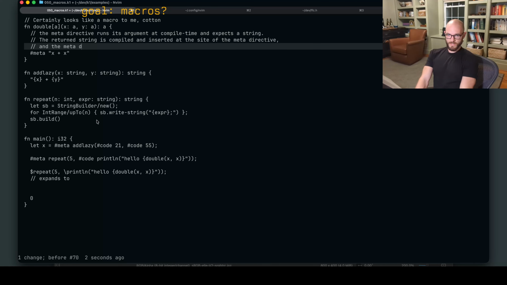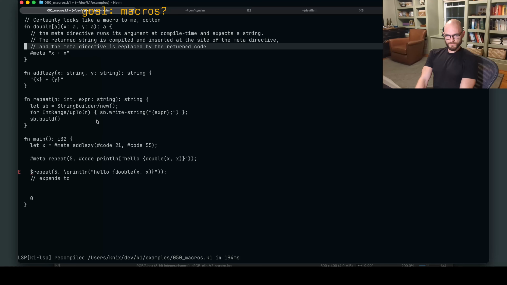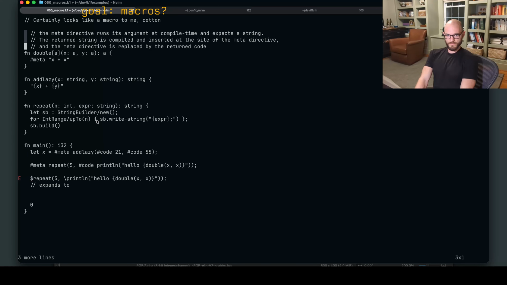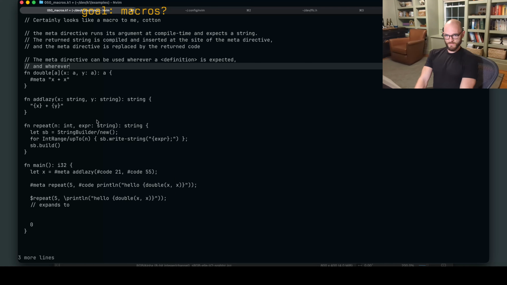And the meta directive is replaced by the returned code. The meta directive can be used wherever a definition is expected and wherever an expression is expected.